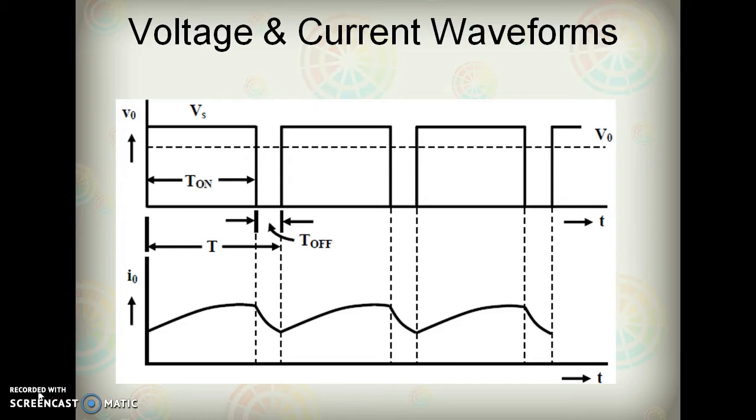During the next time interval, that is for t on to T period, the output voltage is 0, that is V0 is equal to 0, as the diode DF now conducts. The off period is T off, which is equivalent to T minus T on, within the time period. The frequency f is equal to the inverse of the total time period T.